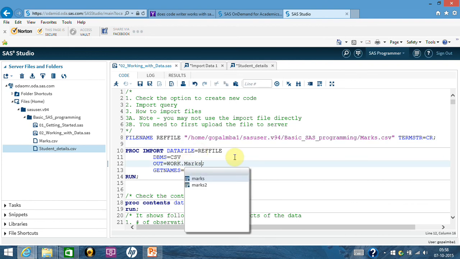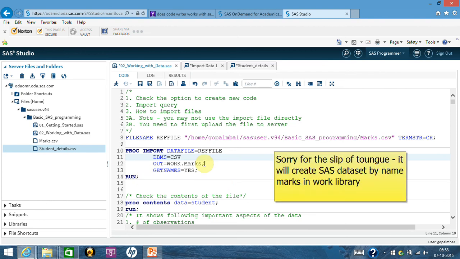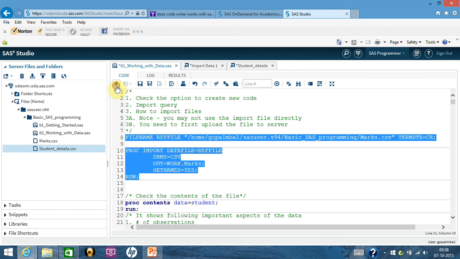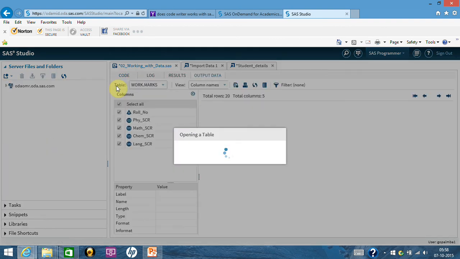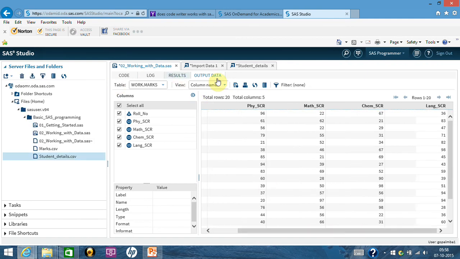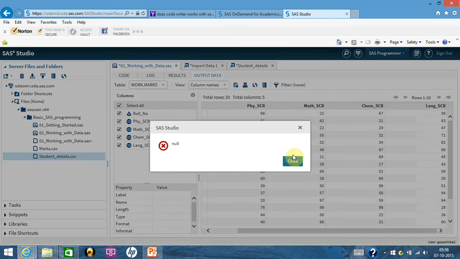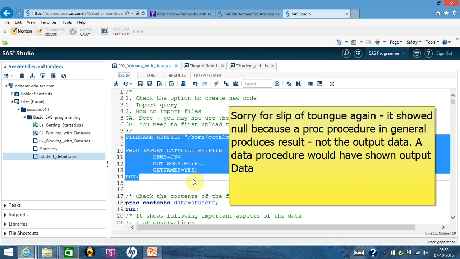Okay, so now this has come here. If I run it, it will create a marks file in the work library. So let me just try running it. It has imported, it is showing you that file in the output data. So it imported the data. I don't know why it showed the null.